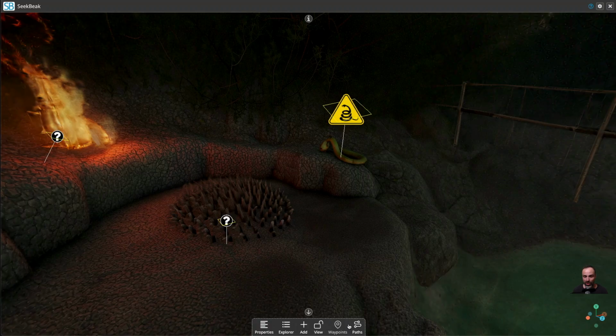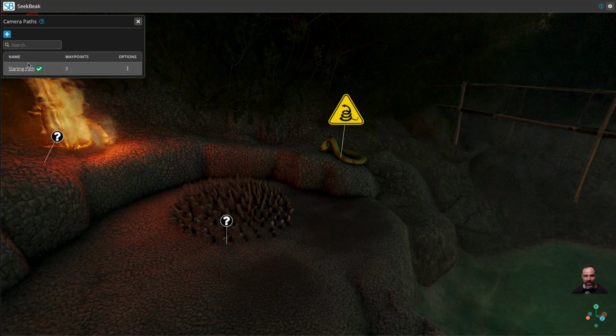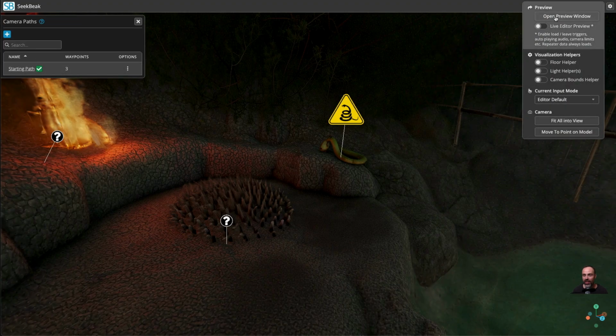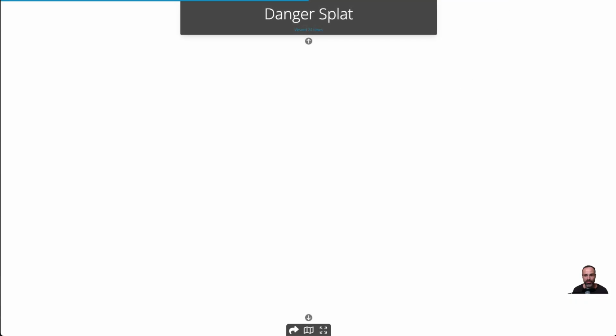Now, what I've also done is I've got a path in here that has a few waypoints, and I have set that as the starting path, which is what this green icon does. So if I go over here, open my preview window,